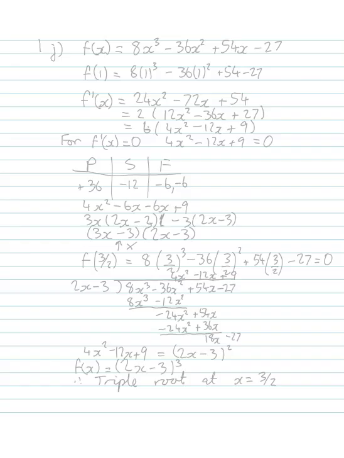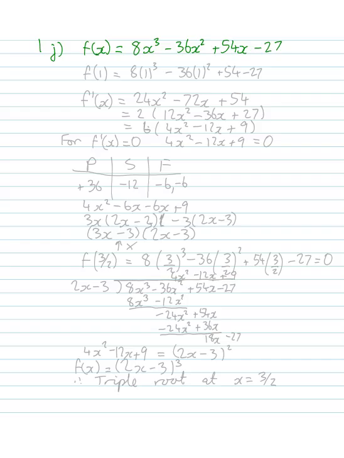Okay, so 1j from 12.5, we've got a function f(x) equal to 8x cubed minus 36x squared plus 54x minus 27. Okay, so we're looking at a function here, we're finding the roots, we're seeing if there's any multiple